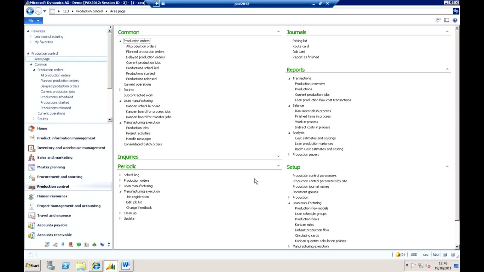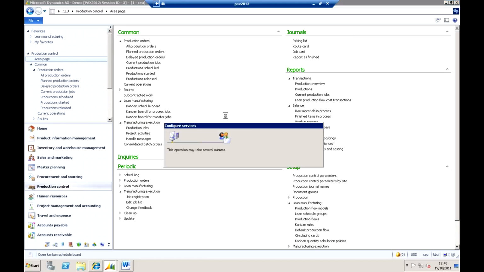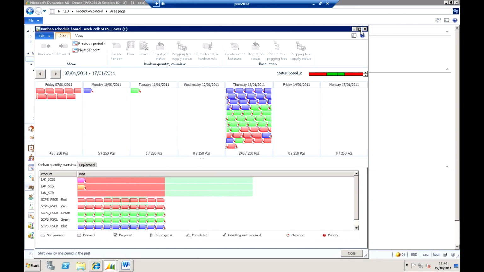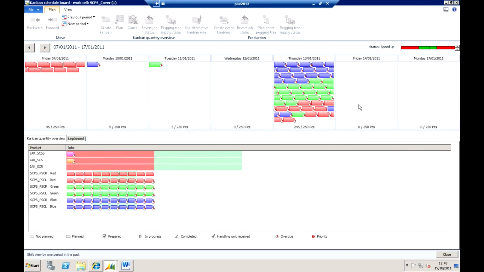lean manufacturing capabilities within the system as well. So here you'll be able to see, for example, we've got a lean manufacturing area where I've got, first of all, a Kanban scheduling board. The Kanban scheduling board is very similar to what we've seen from a Gantt chart view, but of course these aren't Gantt charts now. These individual icons that we're seeing here are Kanban cards. And again, it is a drag and drop environment, so I can move this around and I can move content